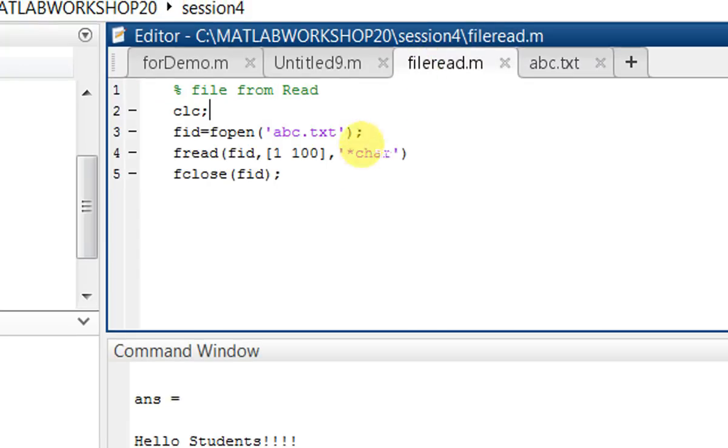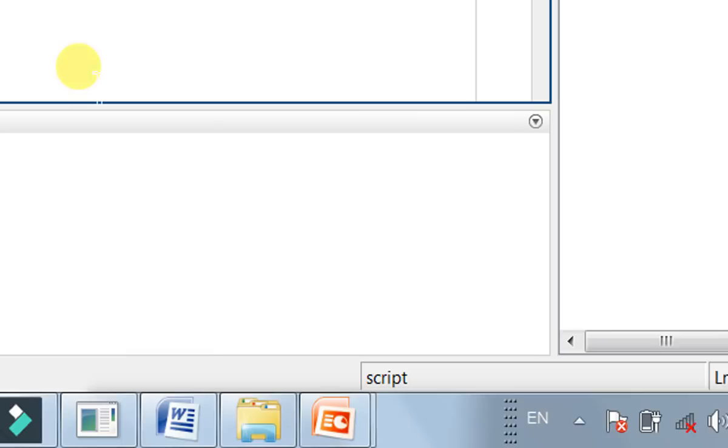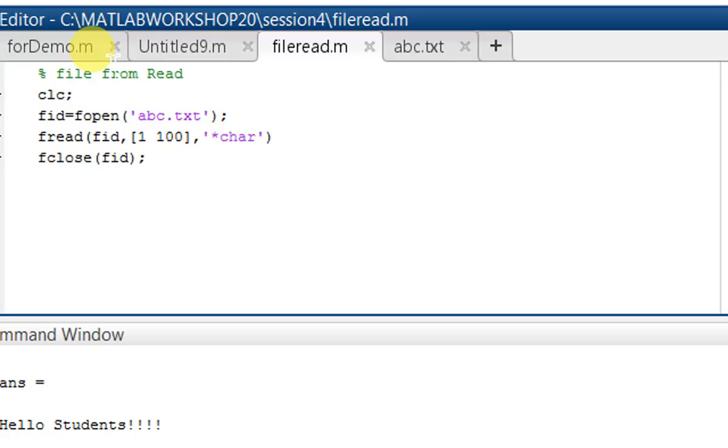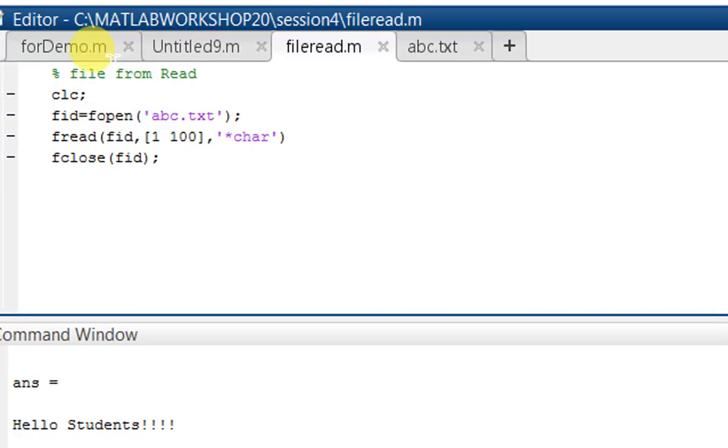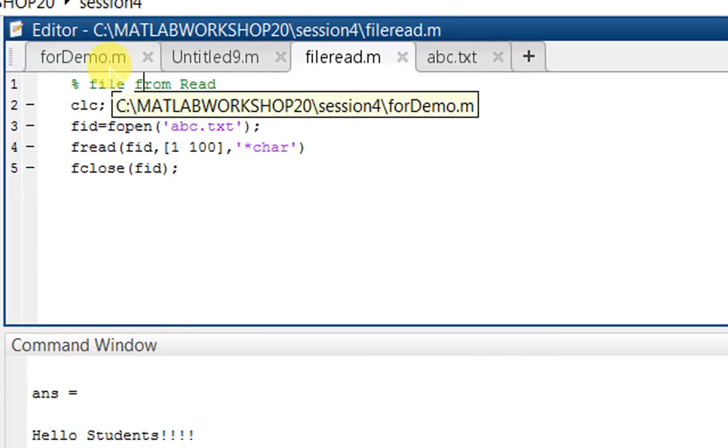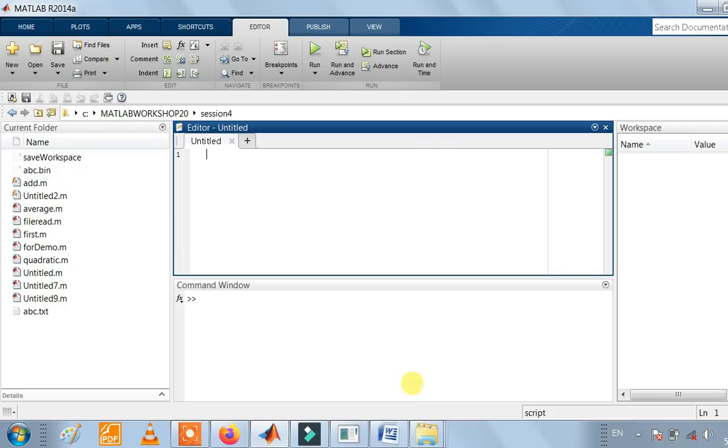So you can do the file write operation on your own. If you have any query about file write, you can do the operation as file write and again read that file after writing new content in it. And if you have any doubt, you can freely ask me. Till now we practiced with the script file: how we create the script file, how we write the code, how we execute the code.